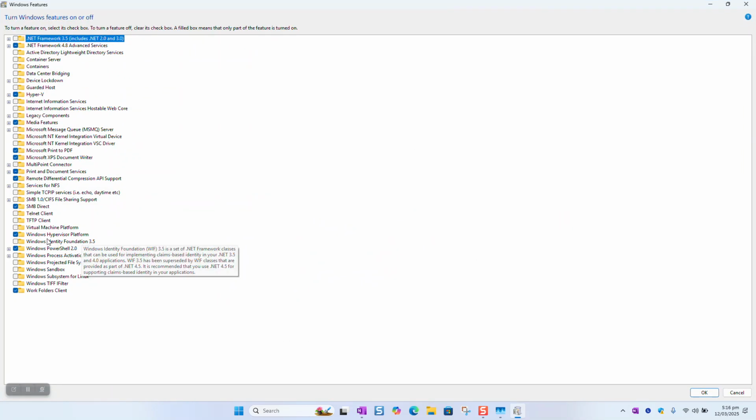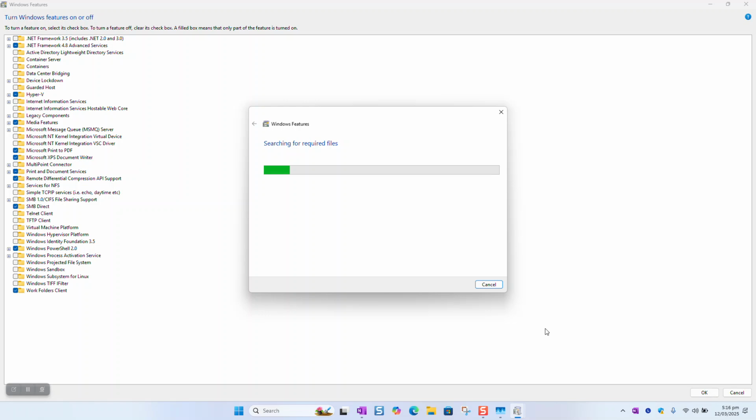Locate Windows Hypervisor Platform and click on the little box next to it. It should be selected in blue. Click on it to become white. Click OK. Windows will start searching for required files and installing them. Once done, you will be prompted to restart your computer, and after that this option should be disabled or turned off